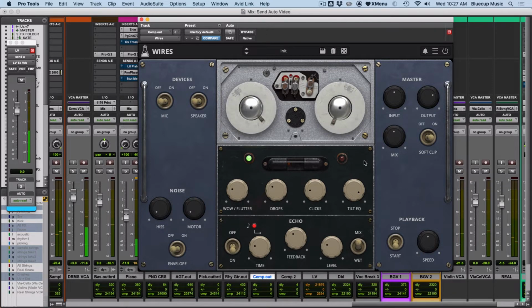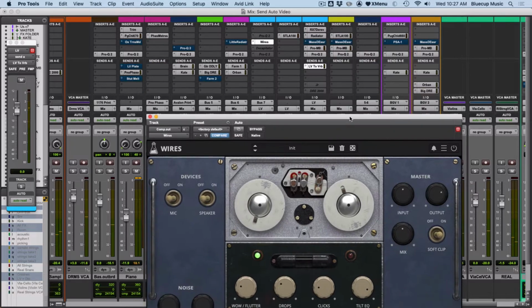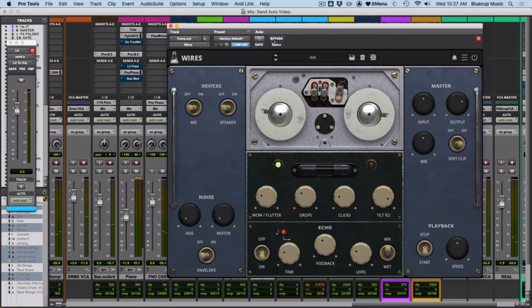And obviously I don't want that running for the whole length of the song, and so I'm going to, after the first B section, bypass the plugin. Boop, turn it off, and I want to automate that. So let me go through the slow process of how to automate that, and then I'll go through the fast process. So the slow process is you open up the plugin, and up at the top here under Auto,